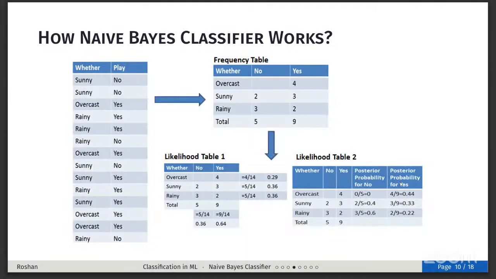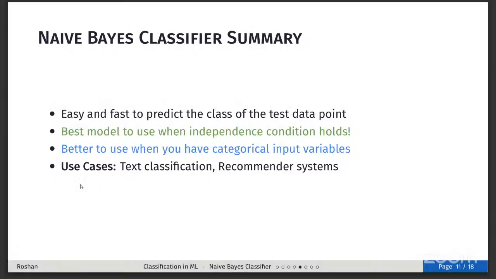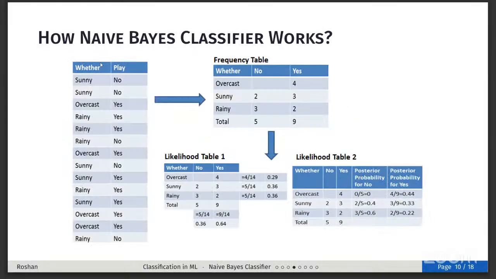And let me show a small example. Given the weather conditions, you have to predict whether a group of people will play cricket or not. Sometimes when it's sunny, they'll play. Sometimes when it's rainy, they won't play. Or even when it rains, they might play. So this is dependent on different groups. So what you first do is